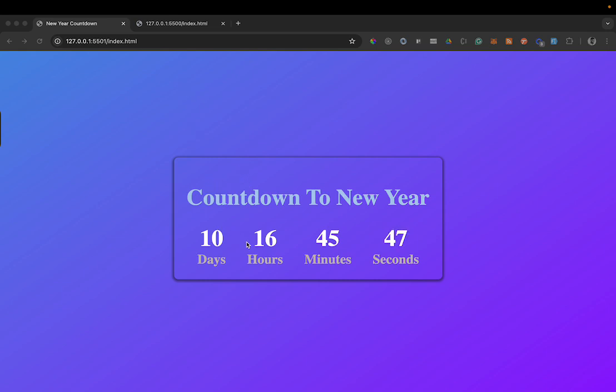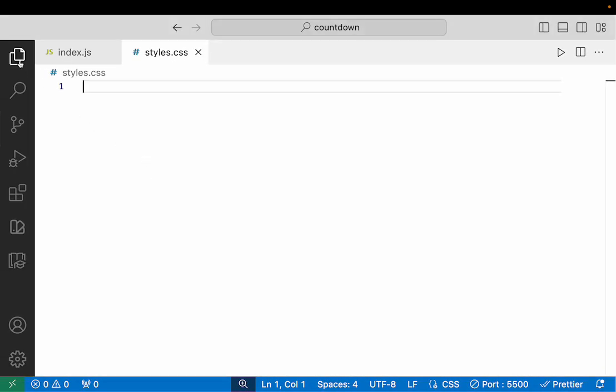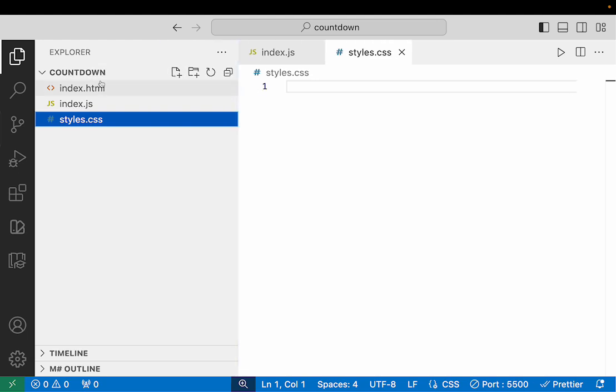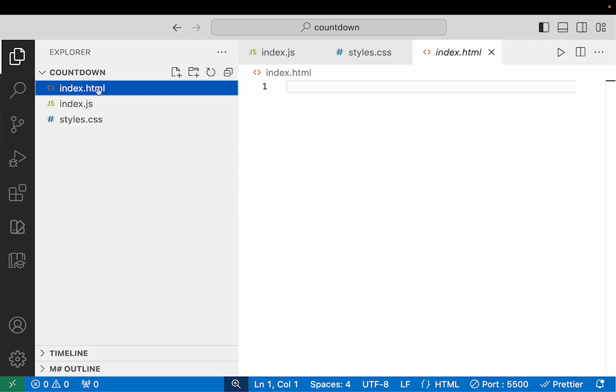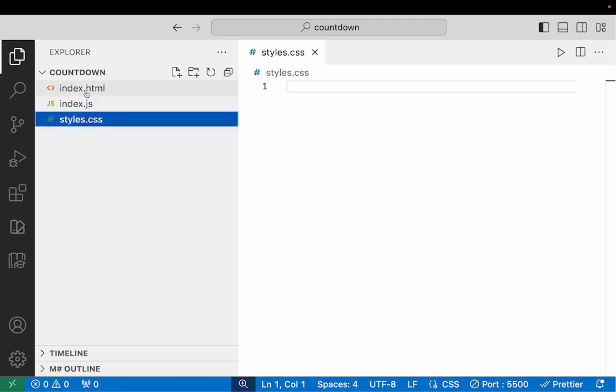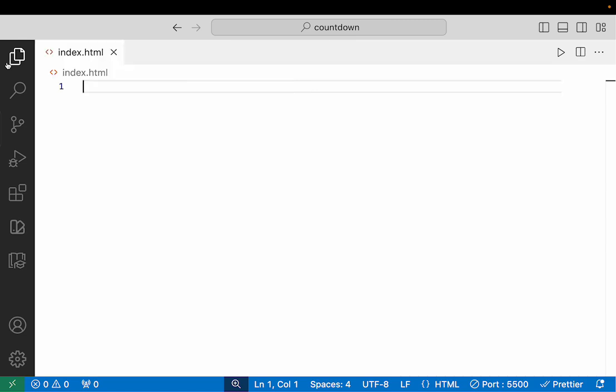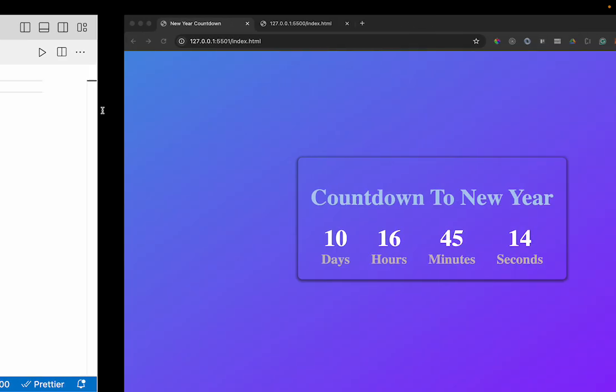We're going to be using HTML, CSS, and JavaScript to do that. So let's get started. So far, I have a folder called Countdown, and inside it, I have three files: index.html, index.js, and index.css. So we are going to start off with the HTML. I'm going to close off these guys. So the first thing we are gonna do is